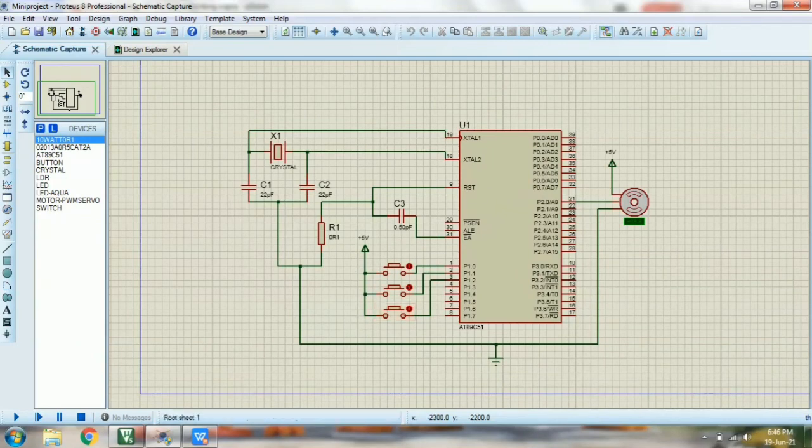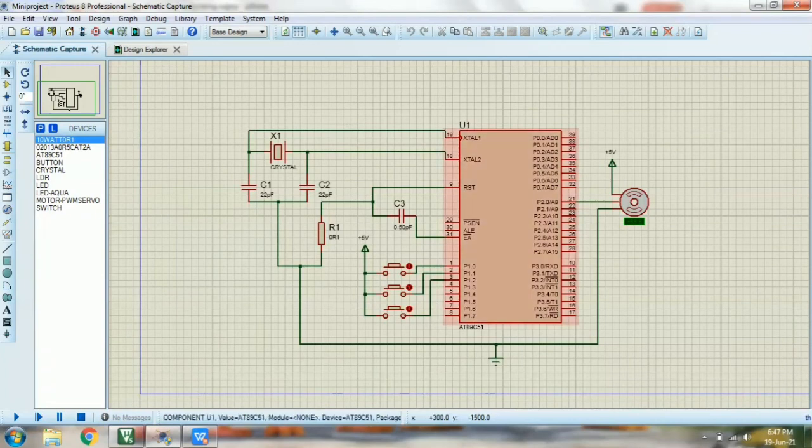As I said earlier, to use an LDR directly, we need an ADC, and for using 3 LDRs, we need 3 ADCs, and these must be connected directly to the microcontroller, and there are not enough ports for handling it. It is a very tedious process, and it is very tough to explain using a circuit in Proteus. So I simply used a push button to represent an LDR. Whenever I push this button, it means that case 1 is activated, and whenever this button is pushed, it means that case 2 is activated, and this one represents case 3. LDR1, LDR2 and LDR3.